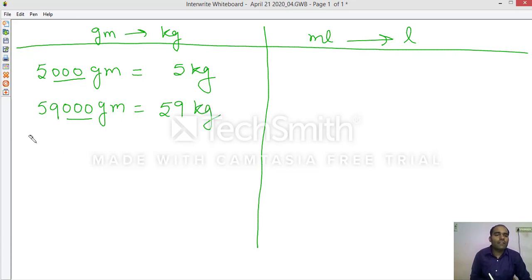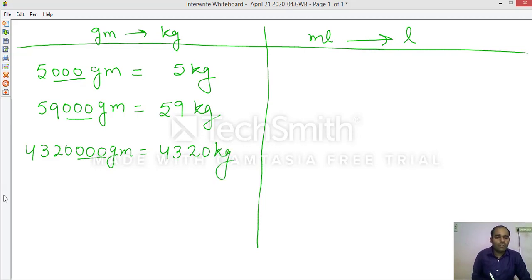Simple question. Let's take one more example. You want to change gram to kilogram. What you need to do? Remove 3 zeros. Remove these 3 zeros. What will be left here? 4320 kilogram.